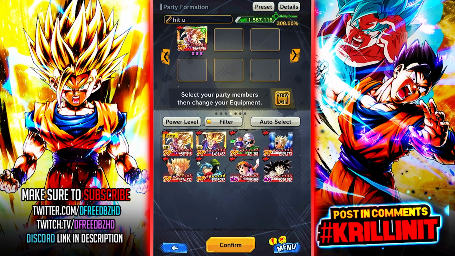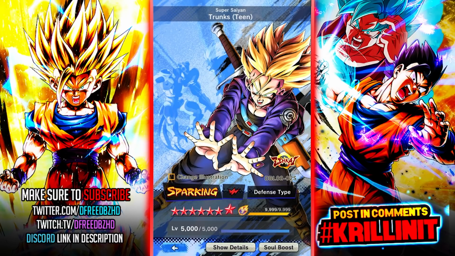Otherwise you just run Gohan as your red. If you don't have either of those two characters, if you don't have Gohan, let's eliminate him. The next best red character in my opinion actually is Trunks. Trunks is nothing special, but he is a character that I think is probably a little underrated in terms of